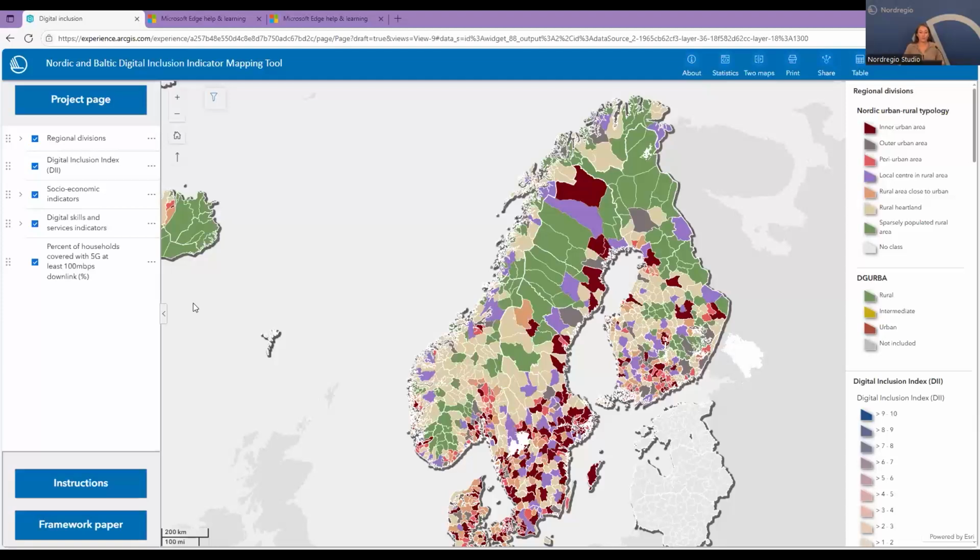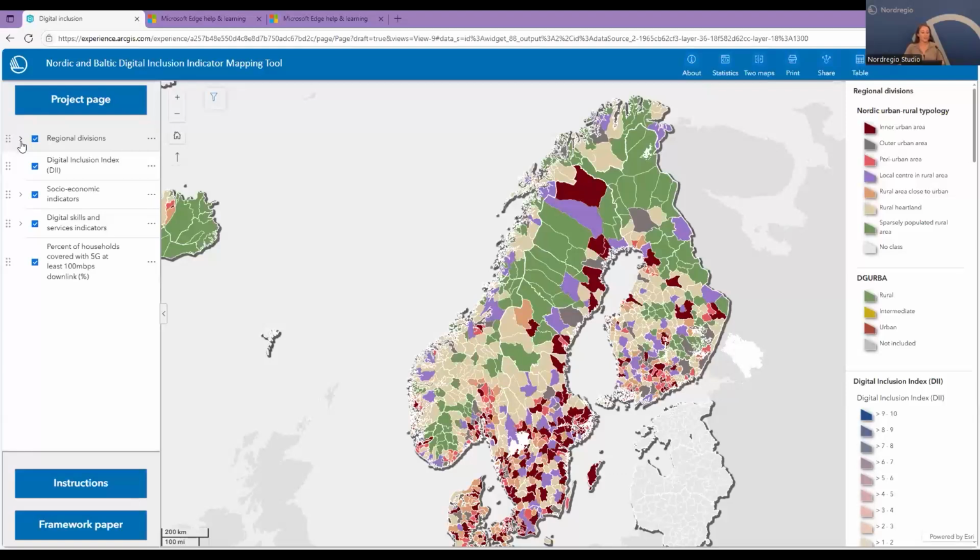Basically, the tool consists of 3 main panels. The panel to the left, the area I'm indicating right now, represents the layers that we can see in the center of the screen on our map. The layers have 3 main topics.